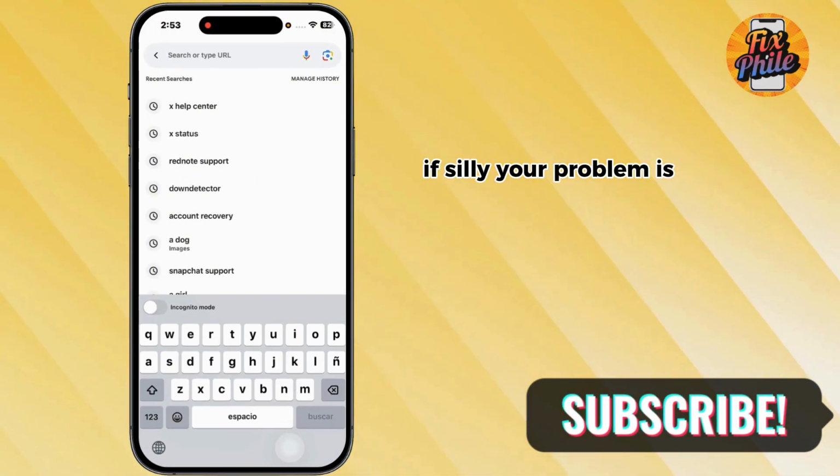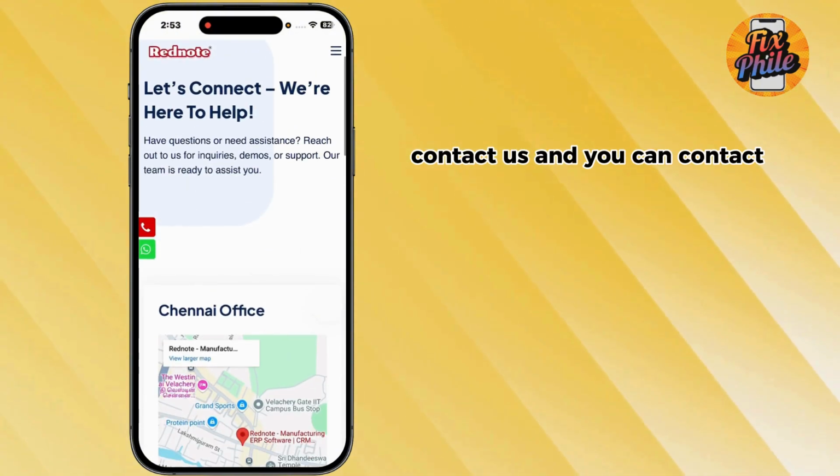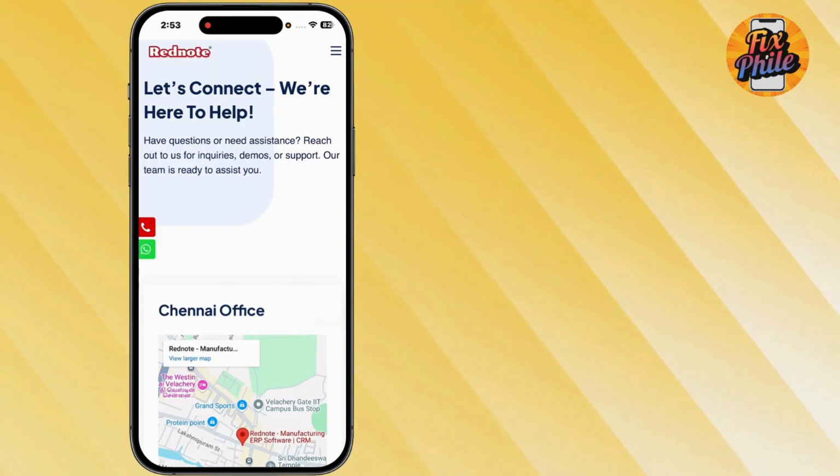If your problem is still not fixed, you can navigate to the website RedNote Contact Us and you can contact the RedNote support team. So these are some fixes for